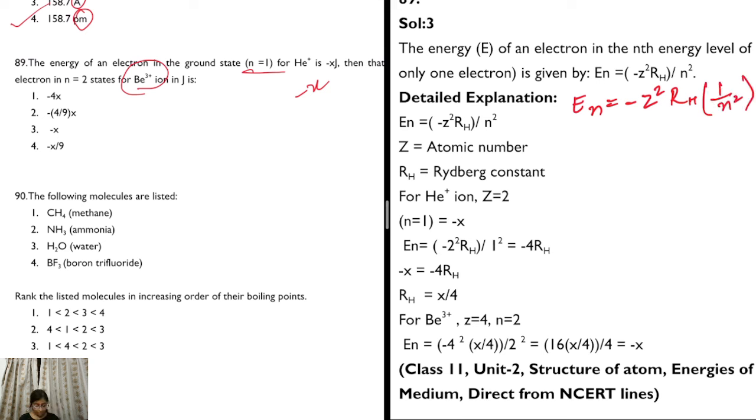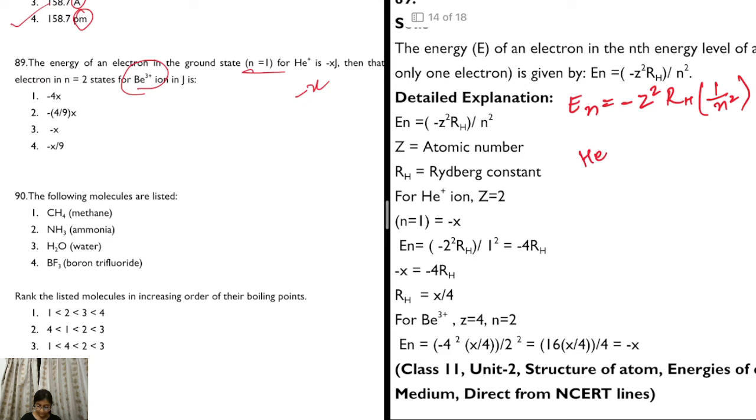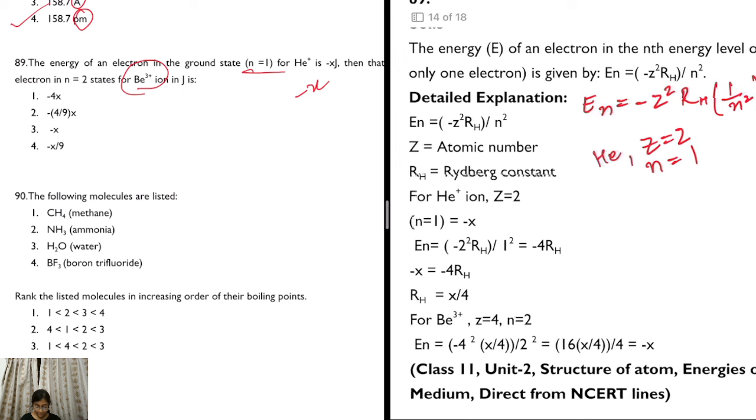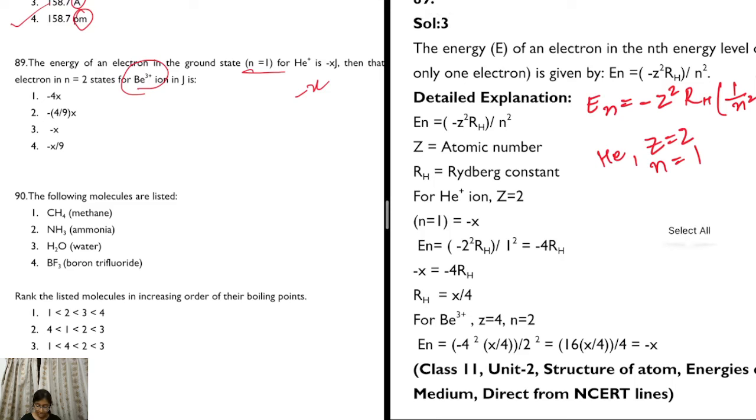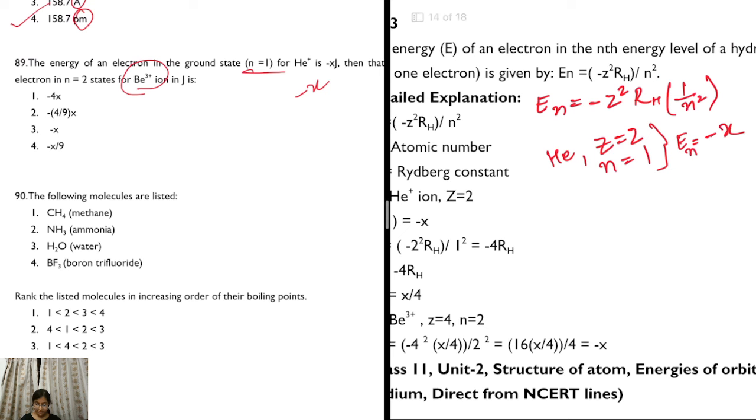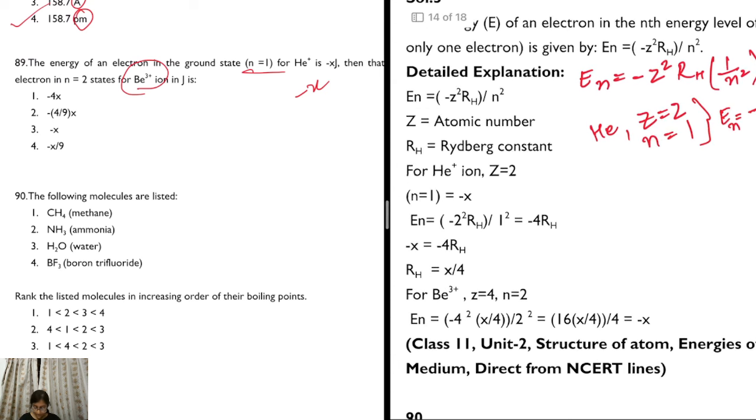Now for helium, Z would be 2 and it is said that n equals 1. So we'll just put the formula. It is given that energy for this state is minus x. Okay. So we'll put this in the formula and we'll have minus x equals minus 2 square RH upon